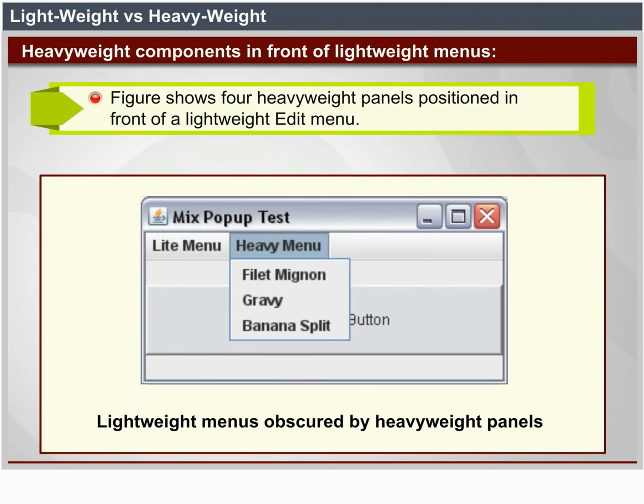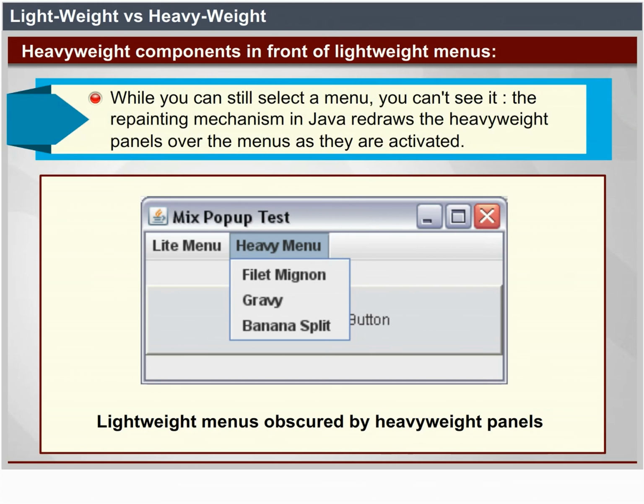This figure shows four heavyweight panels positioned in front of a lightweight edit menu. While you can still select a menu, you can't see it. The repainting mechanism in Java redraws the heavyweight panels over the menus as they are activated.